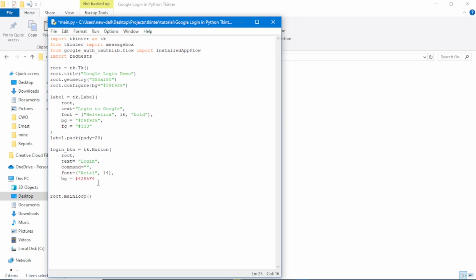Yeah, I think that's fine. Yeah, we have our color there. Then let's also have our foreground color. Yeah, you know what? Let's just make it white. Yeah. Let's just say white. And then